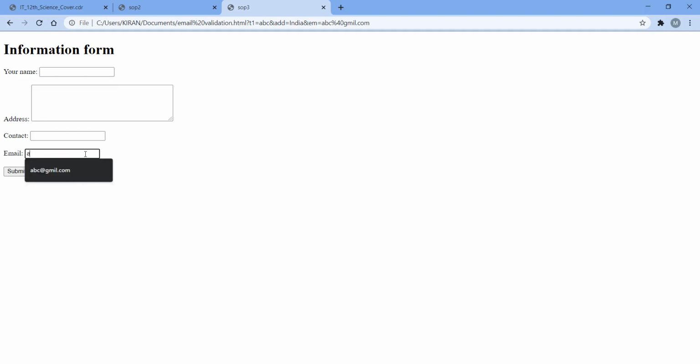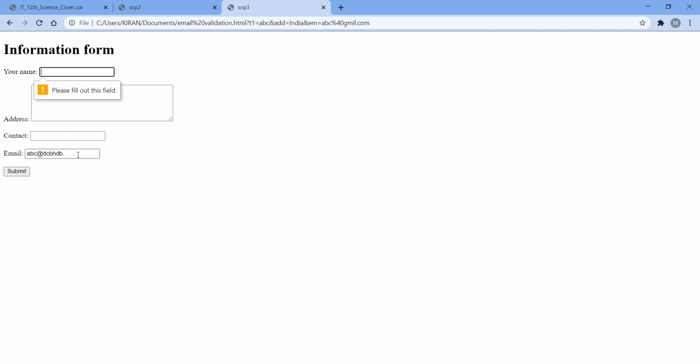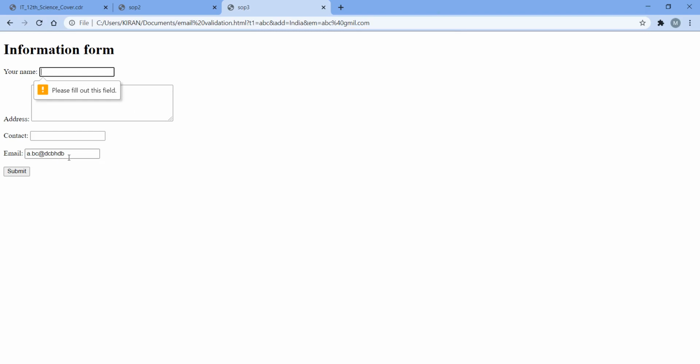Okay, now let's see, we'll place a dot at the end of an email address. This is abc at the rate some dot. Okay, here I have placed a dot at the end of the email address. Submit. Invalid email address. And one more condition was, we have to place a dot compulsorily after the symbol. So before the symbol I have placed a dot here, and after it there is no dot present. So let's say submit. Invalid email address. So it is checking all the conditions, and when a condition becomes true, we are getting invalid email address. So whenever I enter a correct email address, I will get the message information submitted.